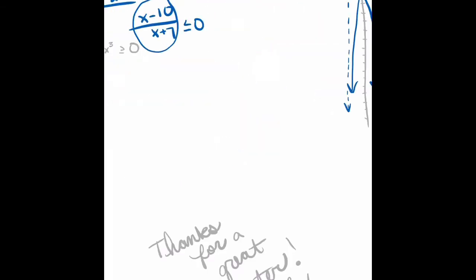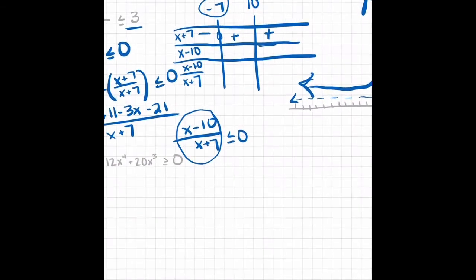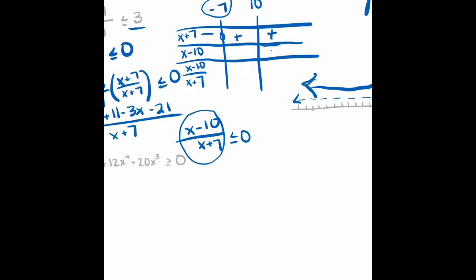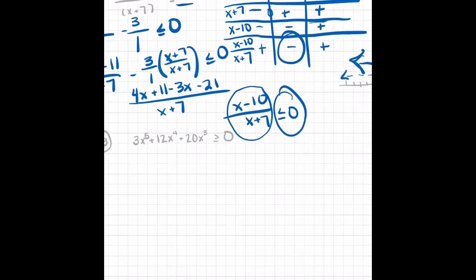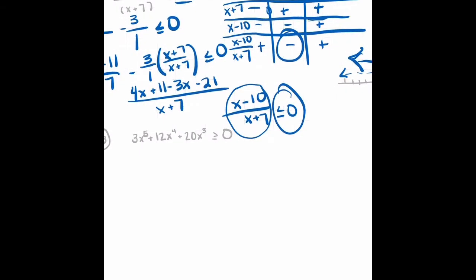So now I'm going to go to the right of 10, and I'm going to see positive, minus, minus. Then when I go down the row, negative times a negative is a positive. Positive times a negative is a negative, and positive times a positive is a positive. Now it's asking for less than or equal to 0. That means when it's negative. So my answer is going to be this interval here,